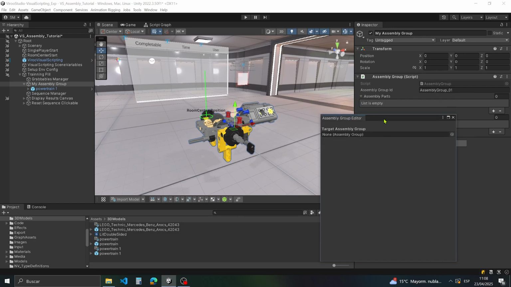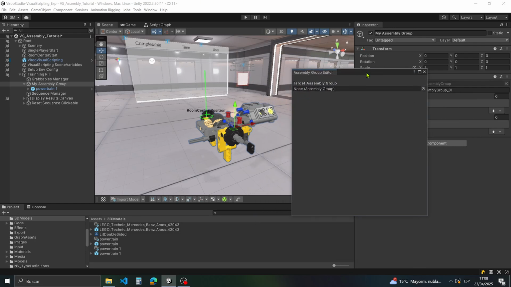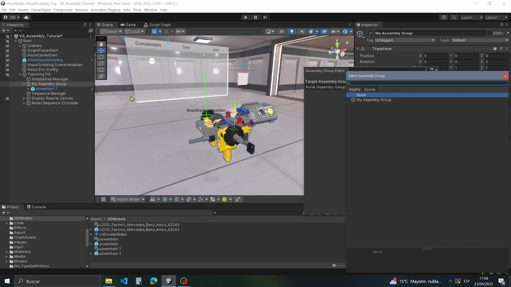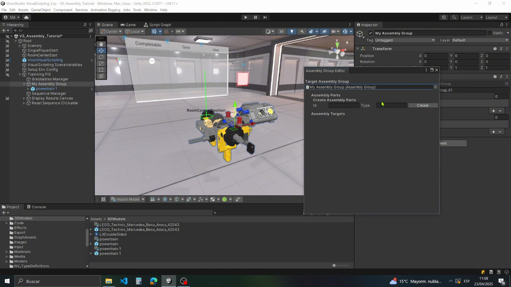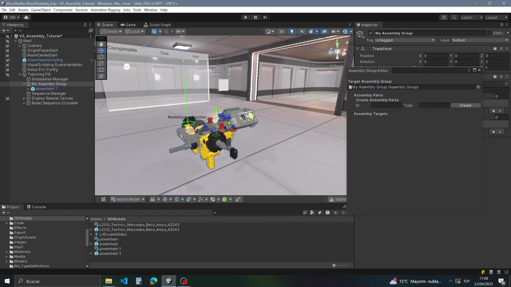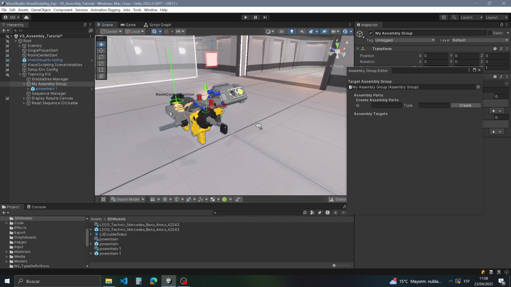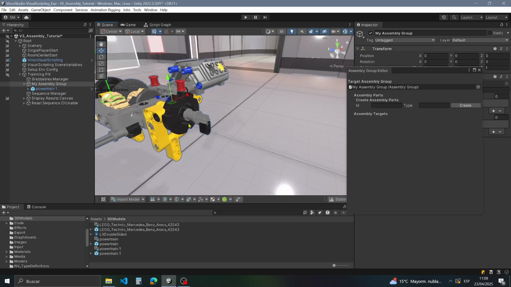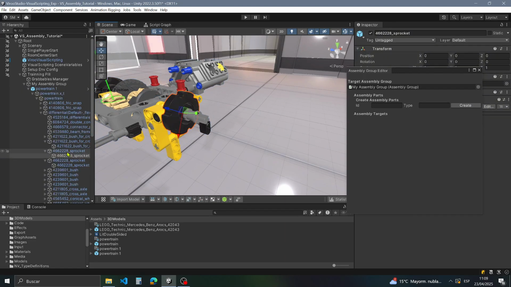This Assembly Group Editor is a tool in which I can select a target assembly group. In my case, it is this one, my assembly group. So I'm going to select this, and an interface appears allowing me to create, in this case, assembly parts. So what do I need to do to create an assembly part? Well, I need to do two things. The first one is to